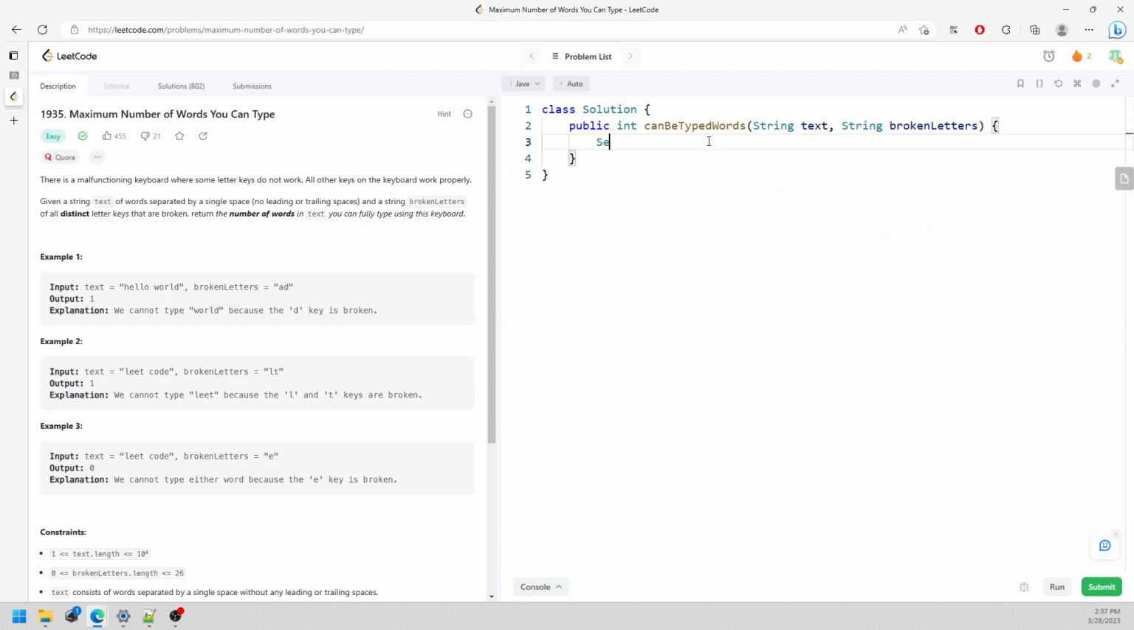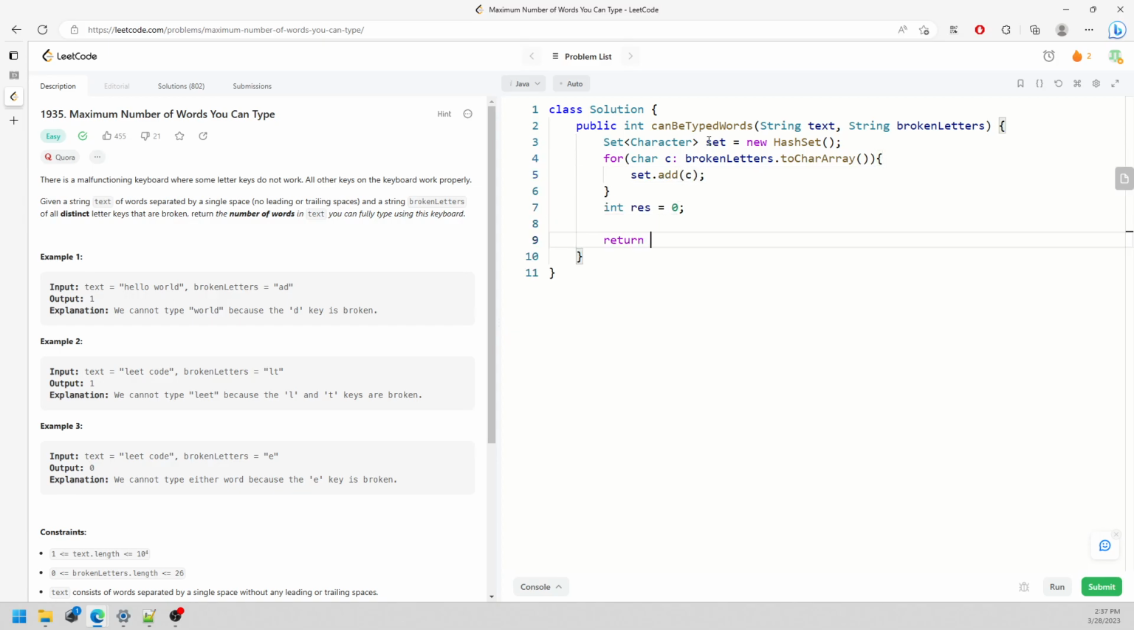So what you have to do is you have the set of characters, and I'm going to say set equal to new HashSet, and I'm going to traverse my string broken letters toCharArray, and I'm going to say set.add(c). And I also need a counter, I'm going to call result, and I'm going to return result. All right, so now I need a split: words equal to text.split by the space. So I'm going to traverse the words